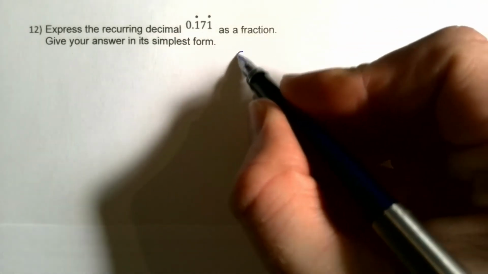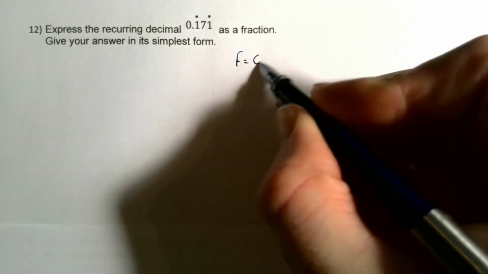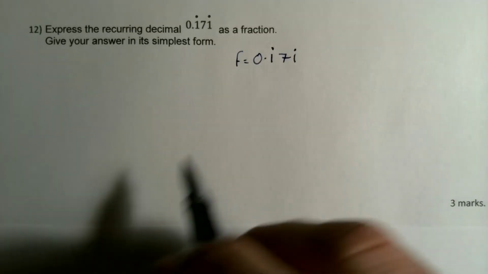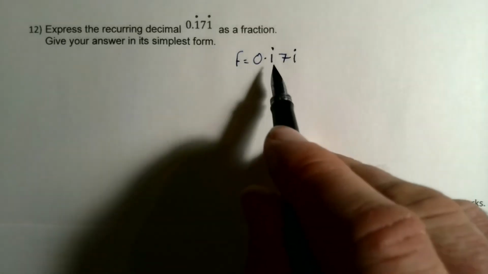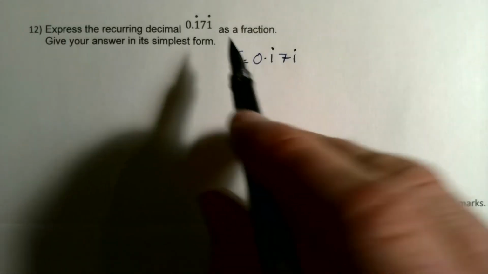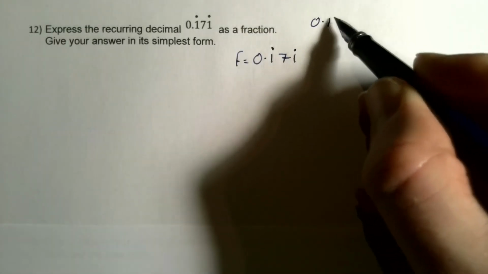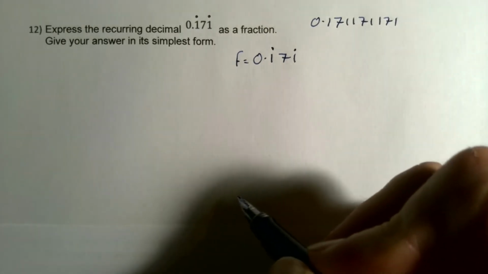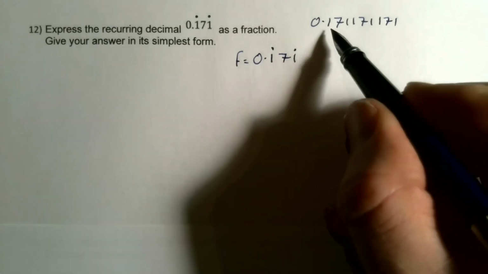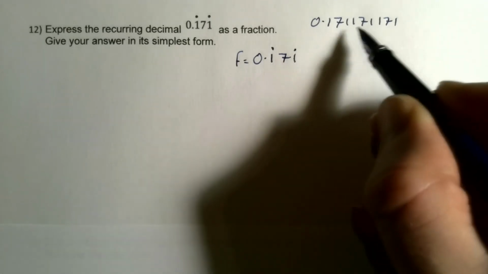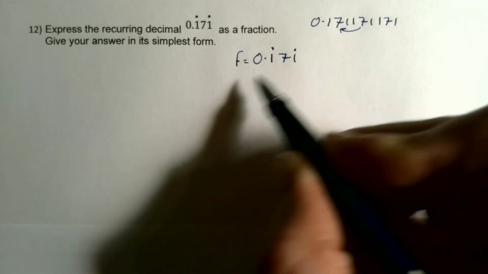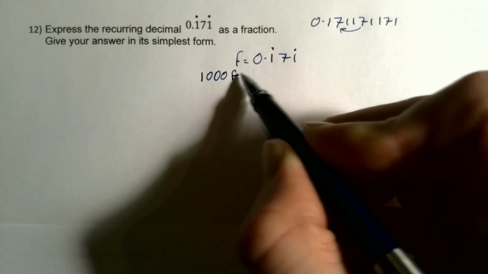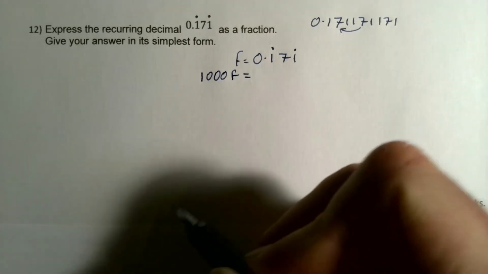So start off by picking a letter. I like to use F and saying that F is equal to 0.171 recurring. And the trick is we've got to multiply it by 10 enough times that all these numbers line up. 0.171 recurring means, okay, because that's what keeps on happening. So we're going to need to multiply by 1,000 to get it enough that the 7 is going to line up underneath it again. So I'm going to multiply both sides by 1,000, which means my F just becomes 1,000F,